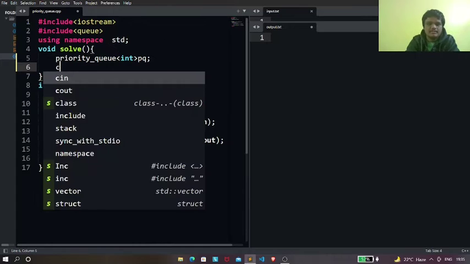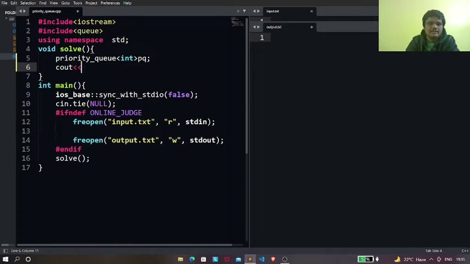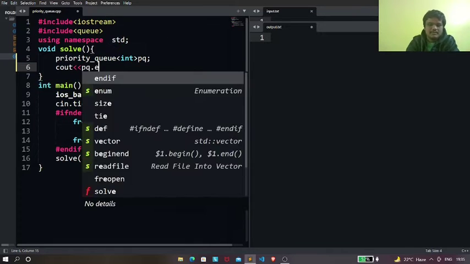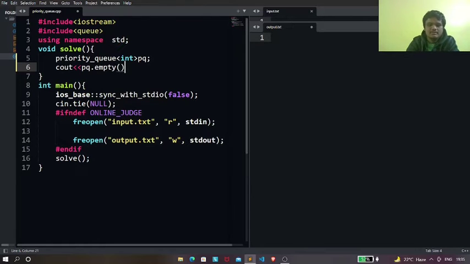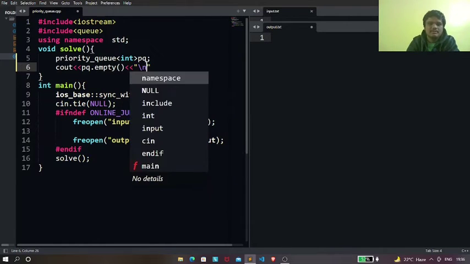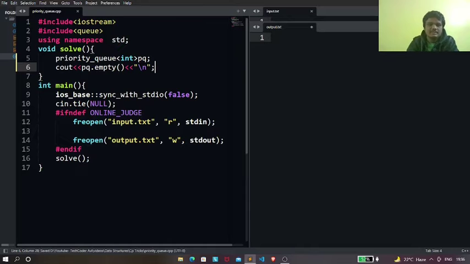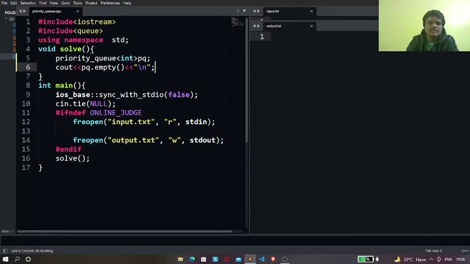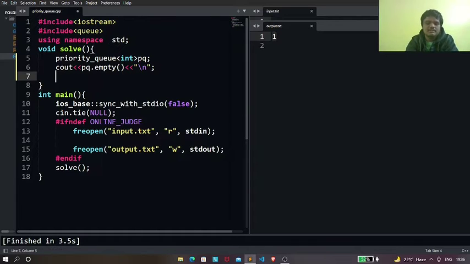Now currently our priority queue is empty. So in order to check whether our priority queue is empty or not, we need to write pq dot empty function. Now this function is gonna check whether our priority queue is empty or not. And if this function returns to me 1, which means that our priority queue is empty. So over here we can see that our priority queue is empty, right? So let me just push some elements into our priority queue.